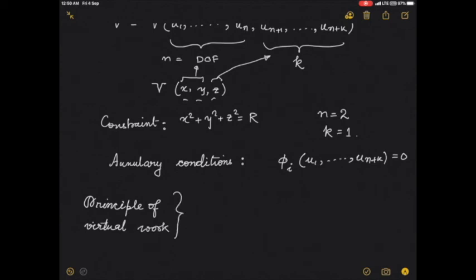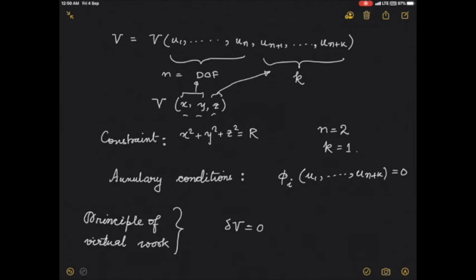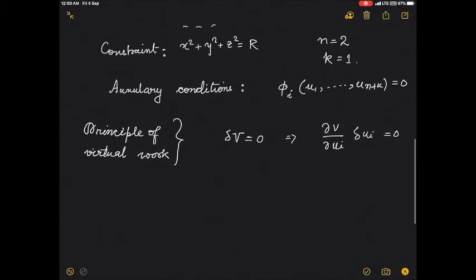What does it tell us? It tells us delta v equals 0. And as I said that v is a monogenic, so this implies that del v del ui delta ui equals 0, along with